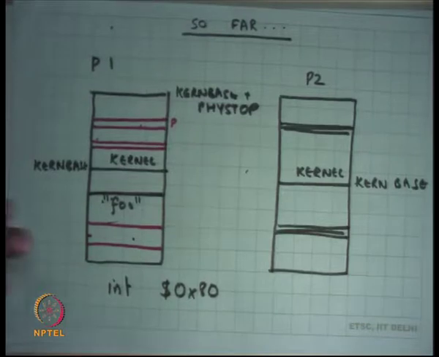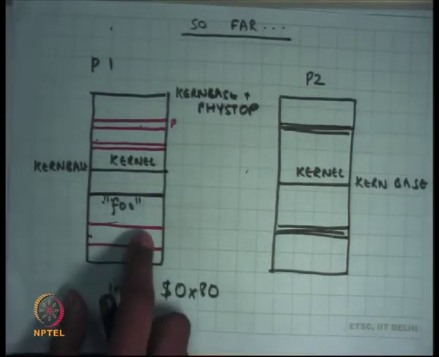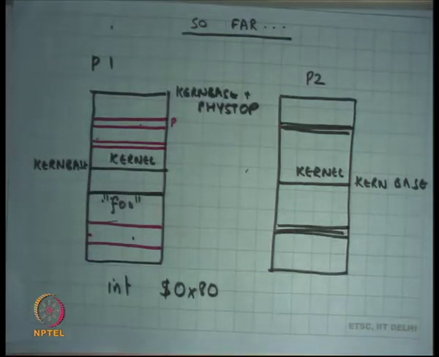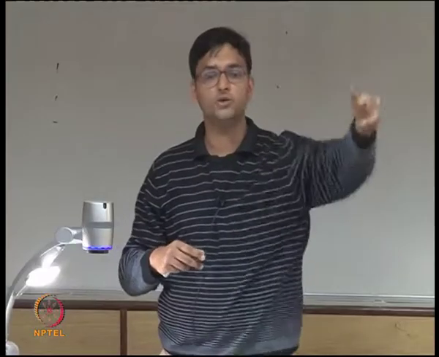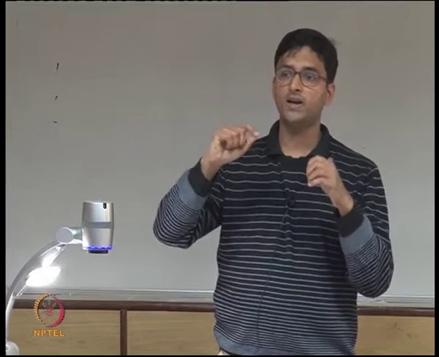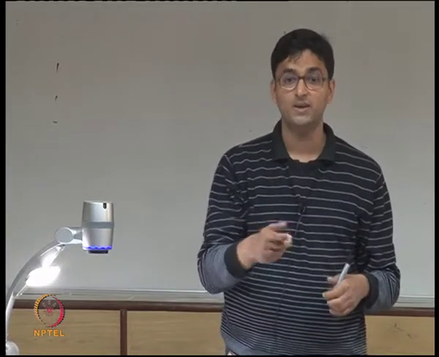Okay, so the question is, I said that the user can pass pointers to the kernel. It can set up some area in its own memory, initialize some values in its own memory, use the address of that memory location and pass it to the kernel, and the kernel can dereference it because the kernel is executing in the same address space. And the question is, if the kernel was executing in a different address space, could the user have figured out what the pointer is in the kernel's address space to the location that it has set up, and pass that value to the kernel? That's very difficult.